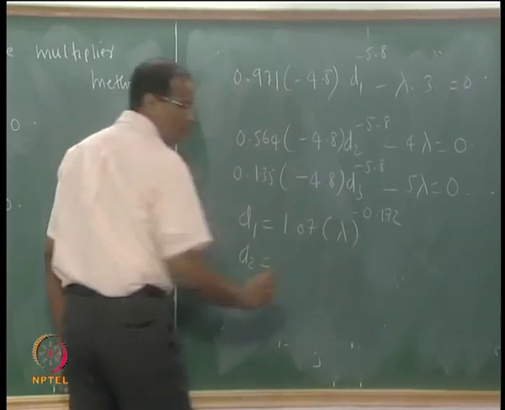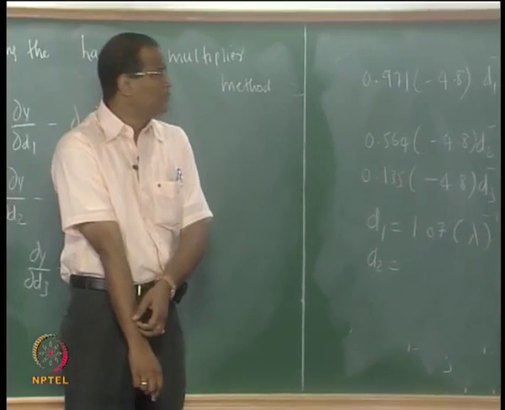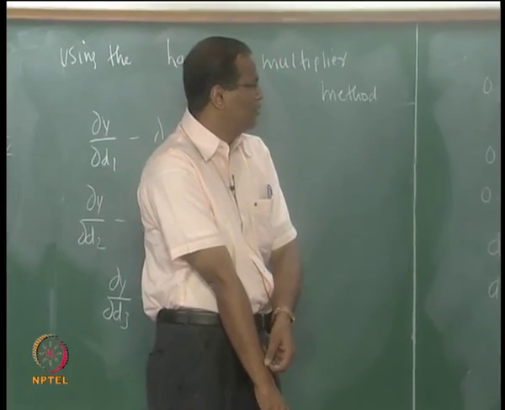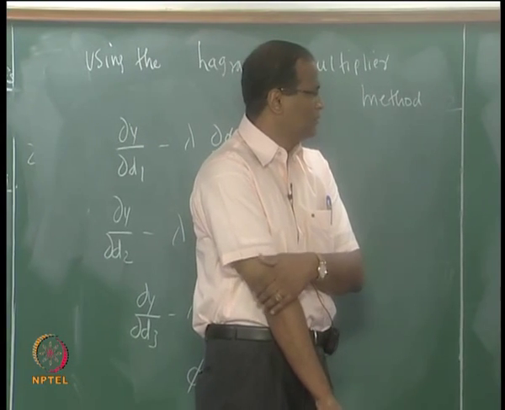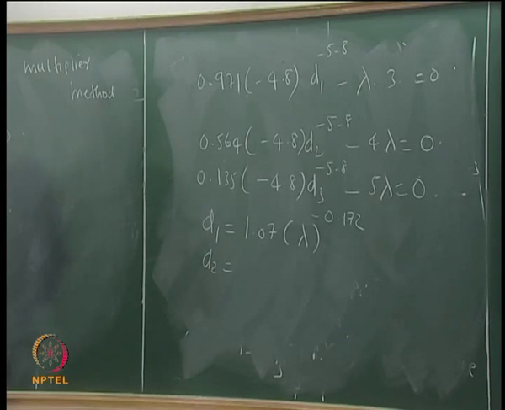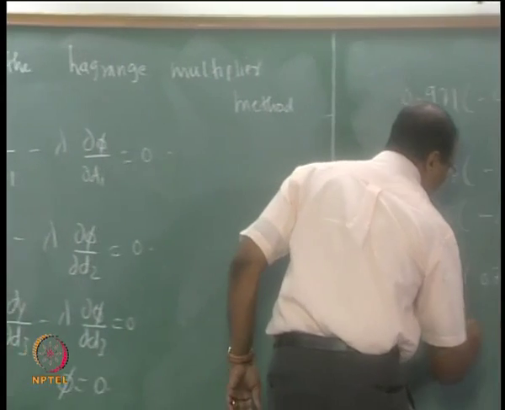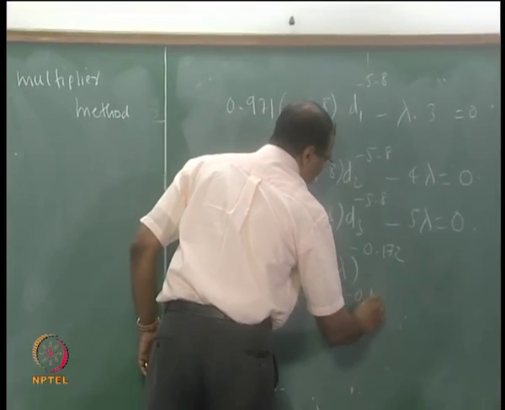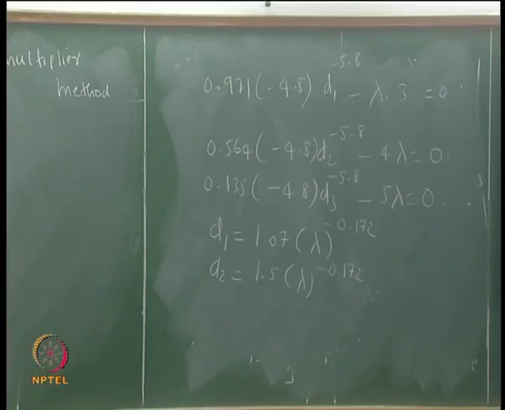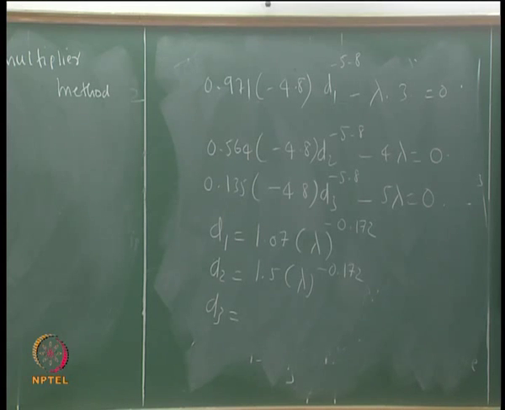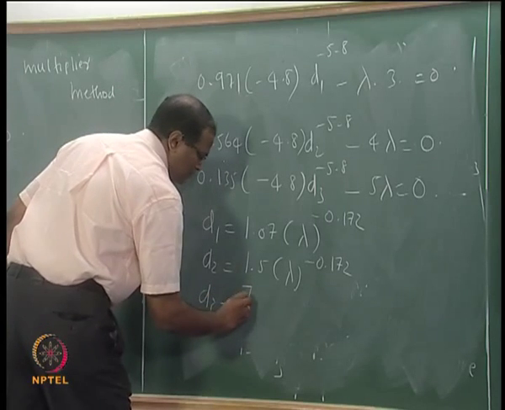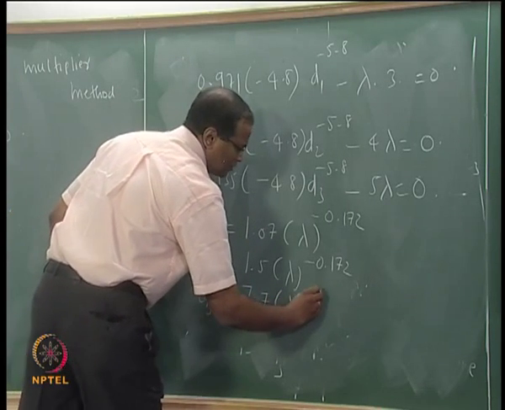D2, how much is it? 5.64 into 4.8 divided by 4, 1 over that. 0.5 lambda to the power of minus 0.172, right. D3, 7.7 lambda to the power of minus